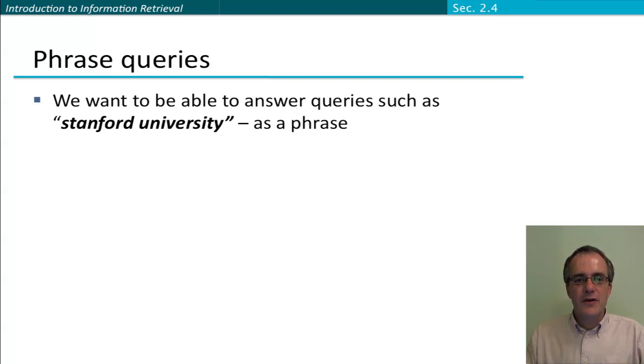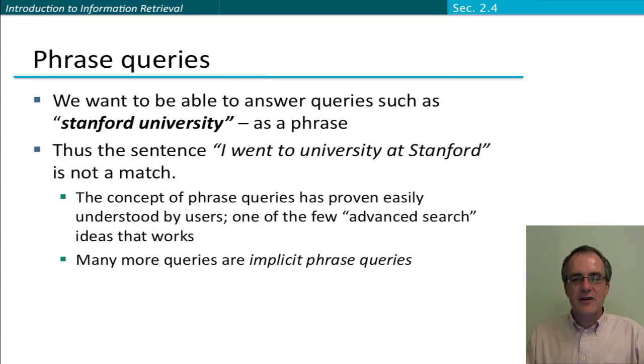So what we want to do is have a mechanism where we can say, let's match these pair of words as a unit. And the syntax that's standardly used in modern web search engines is to put it in inverted quotes like that. And so if we have that kind of phrase as a query, then a document that says, I went to university at Stanford, doesn't match that phrase query. So this notion of putting things in inverted commas has proven to be very easily understood by users,